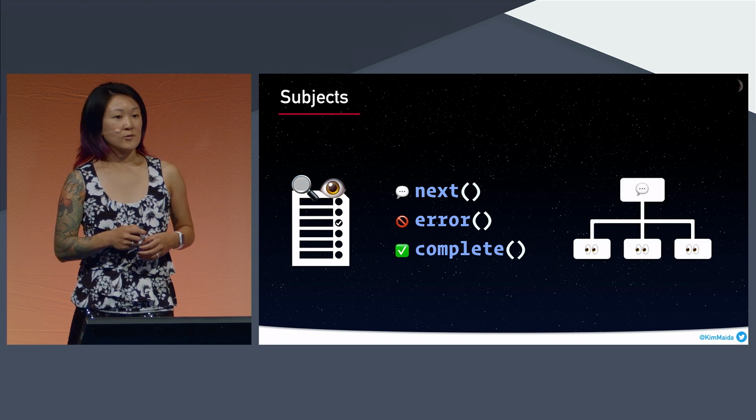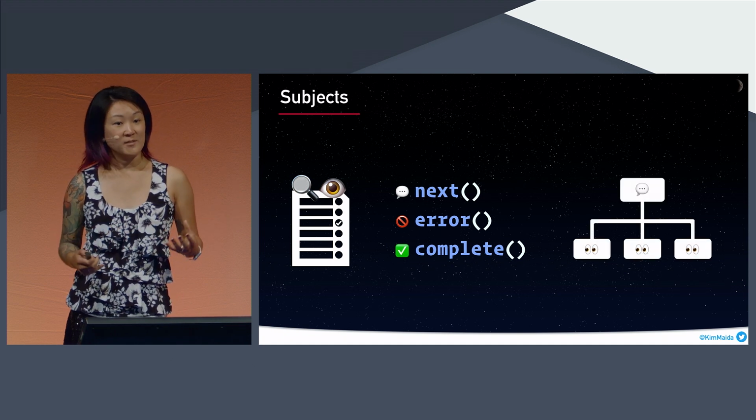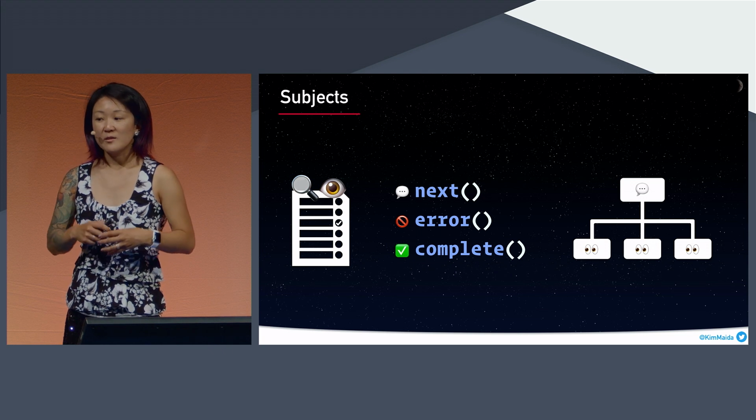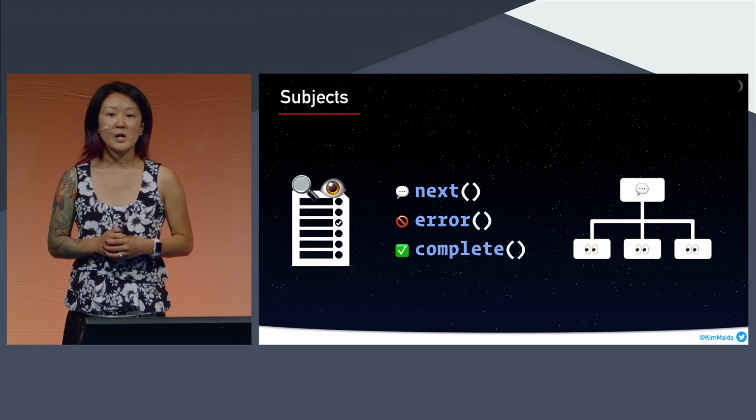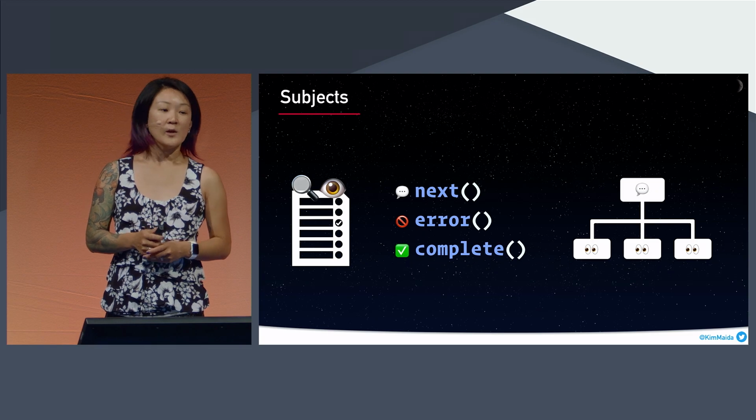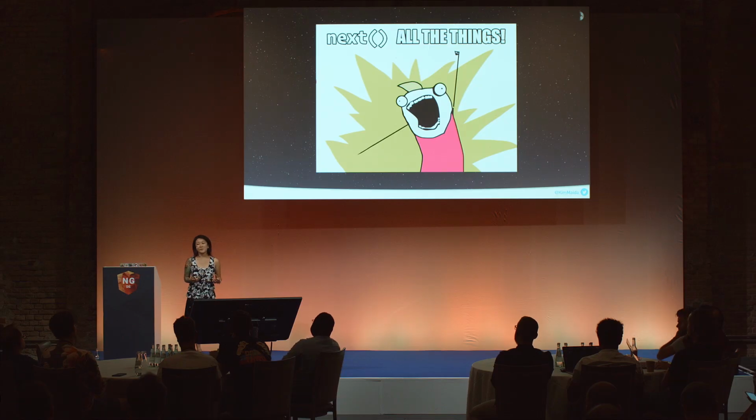And some subjects actually multicast out of the box. So this means that one observable execution is shared among multiple subscribers. So you can see how these patterns make subject a really good candidate for something like a global store. The thing that happens, though, when you give developers or a team of developers the power of next is